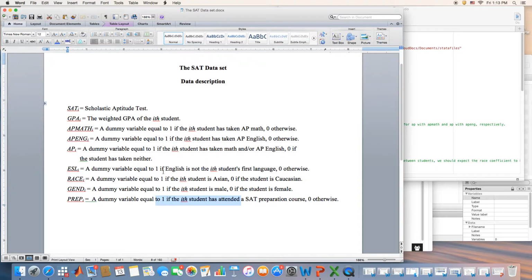So before you start anything, it's very important to read the description of the dataset. As you can see, we have just one continuous variable and the rest are dummies, starting from the AP Math all the way up to the prep. All of these are dummy variables, which is fine, since our dependent variable is still a continuous variable. So in this practice, we are going to